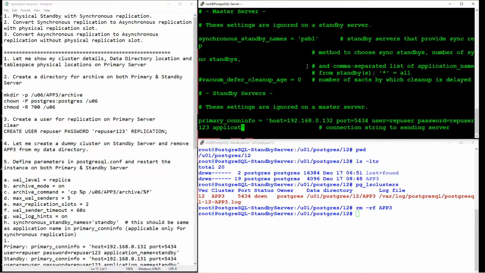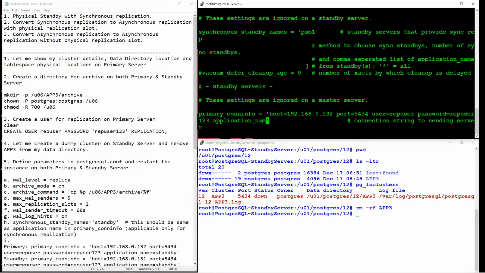And application name I'm going to use standby. So this is the name I need to define for my synchronous standby name.